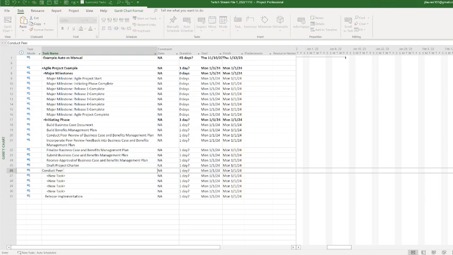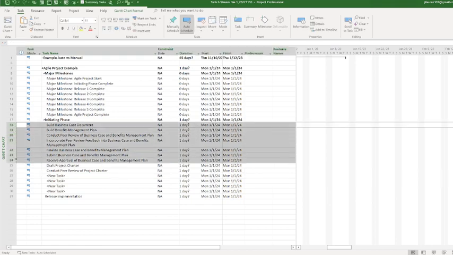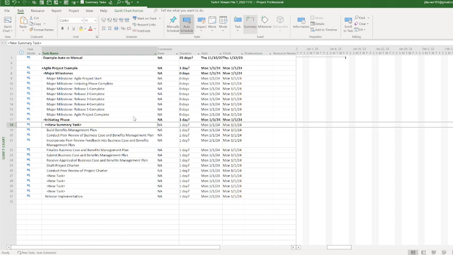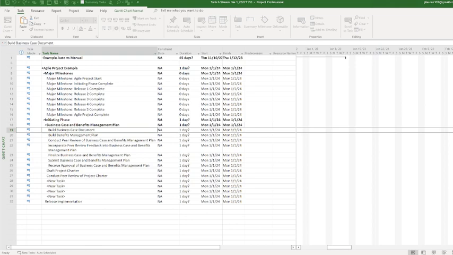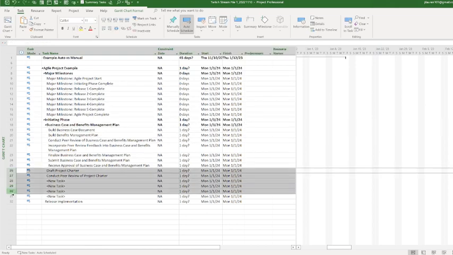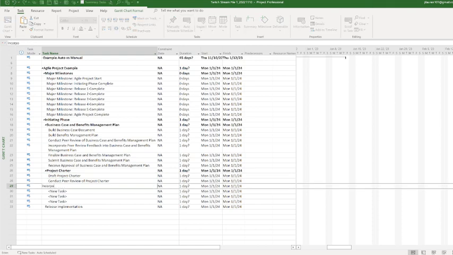Conduct peer review of project charter. I know this part's kind of the dry part. Actually, I'm going to do this. I'm going to make another summary underneath. I'm going to put business case and benefits management plan. And this is my project charter. There you go. Okay. Conduct peer review,